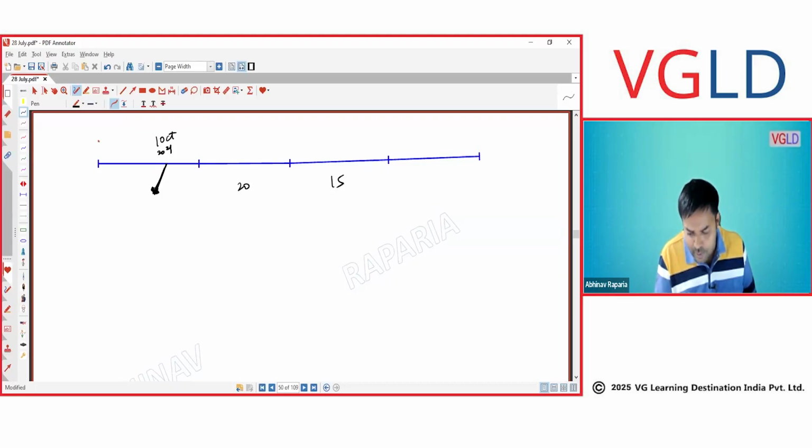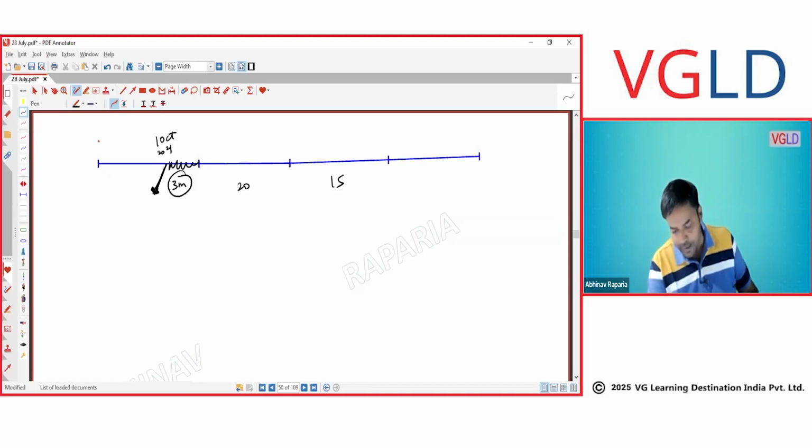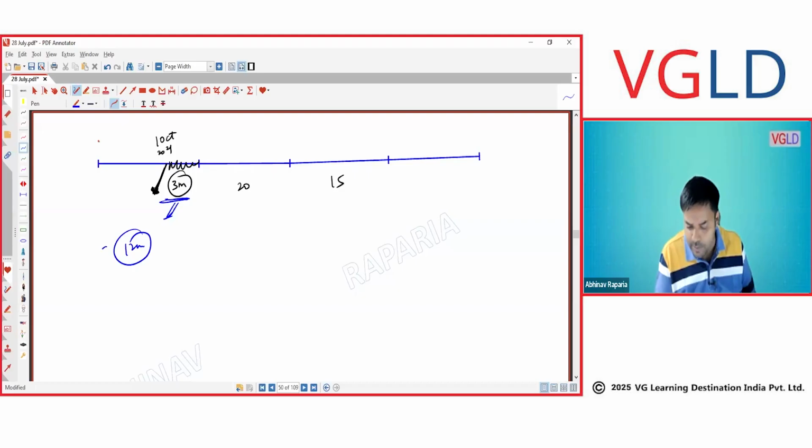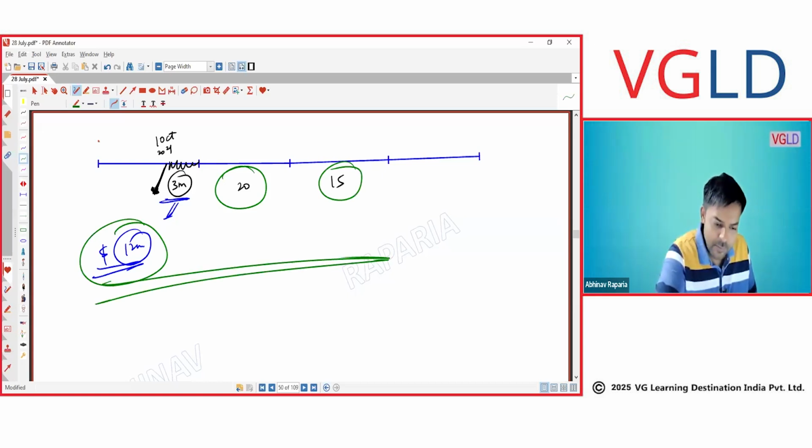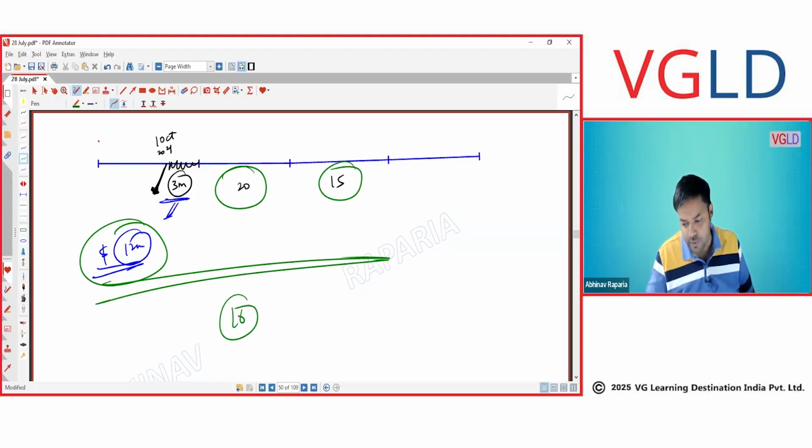And in the 3 months, you have earned $3 million. So should we take 3 million, 20 plus 15 and do the average of it? We are going to annualize this. So 3 million is for 3 months. Then for 12 months, it is going to be $12 million. Now we are going to do the average of it: 12, 20, 15. Let's make it quickly 35, 35, 12. 35 plus 12 is 47, 47 divided by 3, so almost 16. 16, that means less than that, so you can follow. Simple problem.